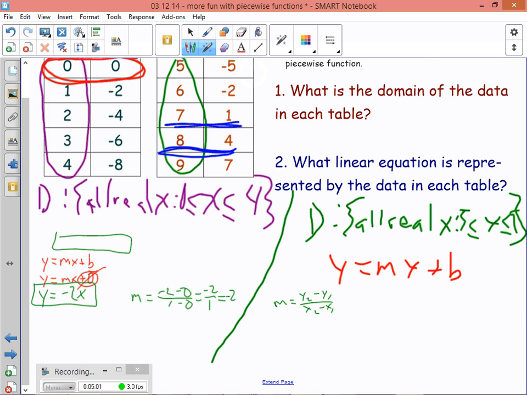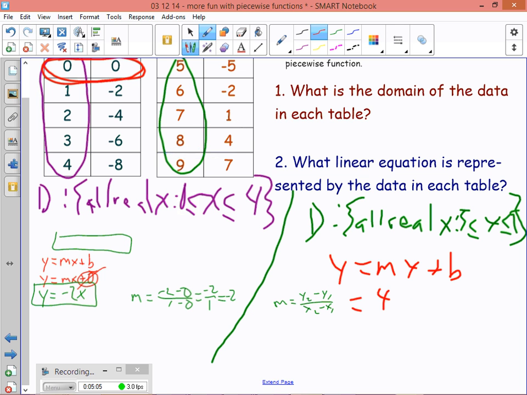So when I go to fill this in, Y2 is going to be 4 minus 1 over 8 minus 7, which is going to be 3 over 1, which is just going to be 3. Just notice those 3. Now I have to find my y-intercept, and here's where we're going to use our little